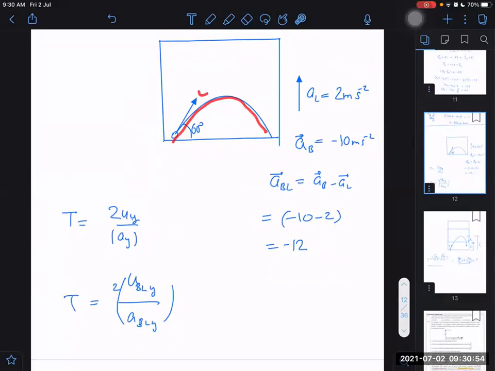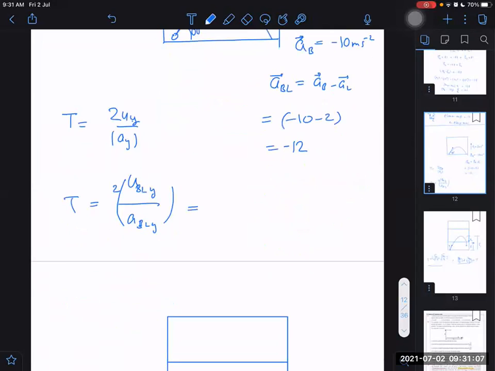But where we have to be careful in that case, we have to be careful in writing the values of accelerations. Are we writing properly by using the formula of relative motion or not? So if you know the formula, you can write it properly. You will not commit mistakes, and you will be getting it as 2 into what is UBL? Again, write properly. UBLY. Don't be in a hurry. Take UBY minus ULY. What is the initial velocity of lift along y-axis?